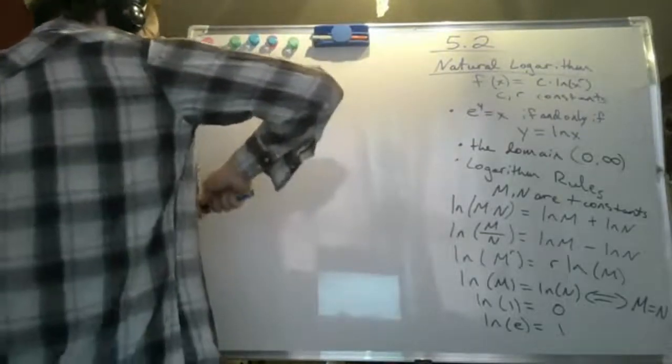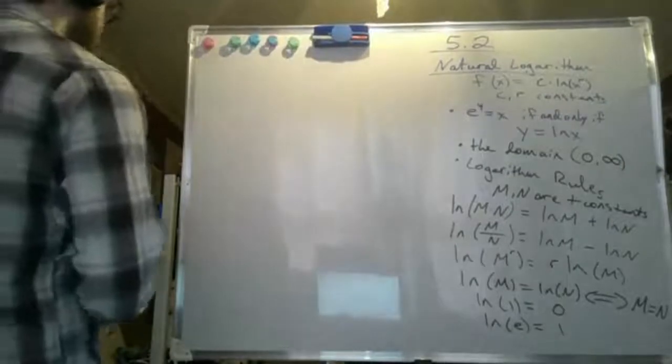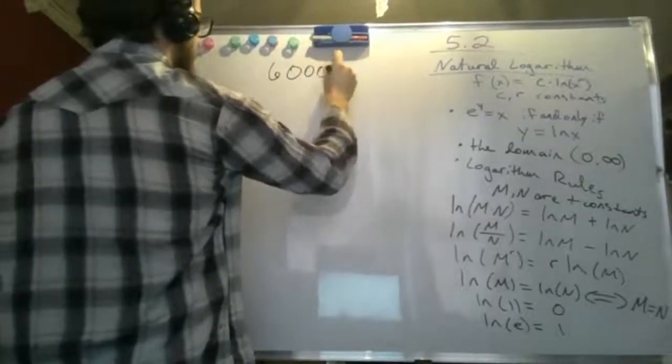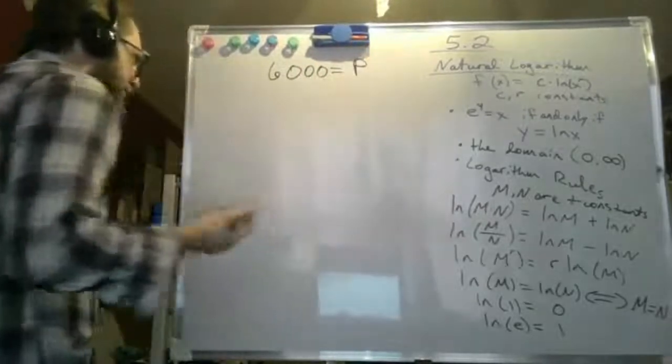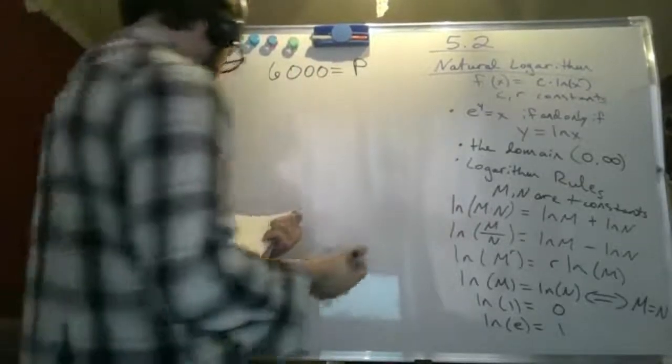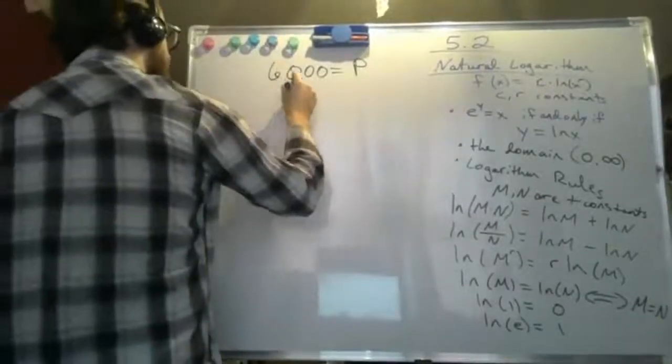So, if $6,000 is invested, in other words, $6,000 are deposited, this is our principal. It's the amount of money we're starting with. If $6,000 is invested at 7.5%